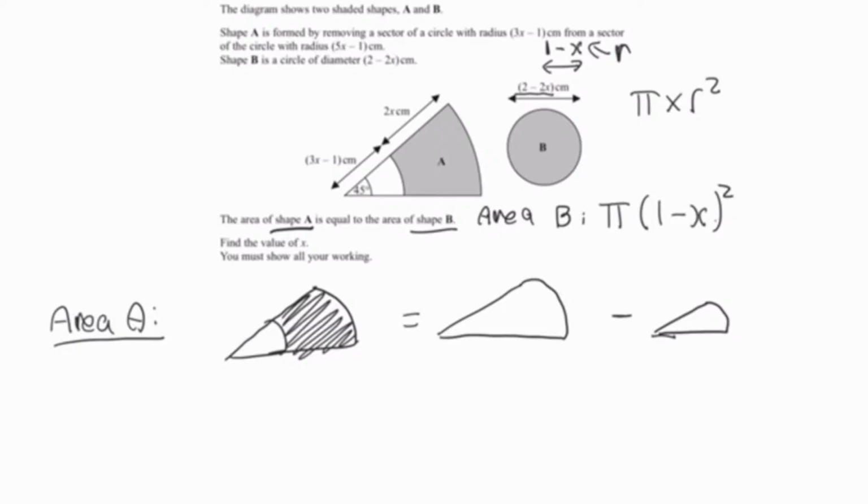So let's find each of those two sectors that I've said. First of all, let's recall the formula for the area of a sector, which is pi r squared multiplied by theta over 360. What I mean by theta is just the angle of the sector. So now that we've got the area of a sector,